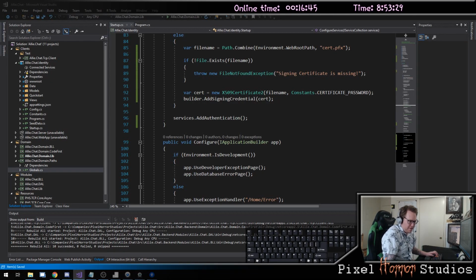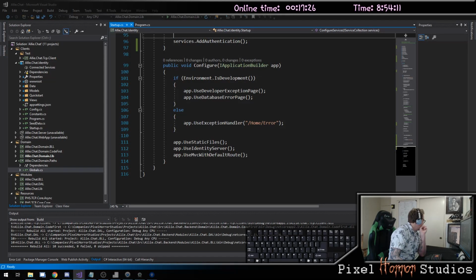And I'll paste that in there, and this is actually Google. And then I'll do the same thing again for a public constant string called Google OAuth client secret. And I'll paste that in, which is this one. Okay, so now that that's done,